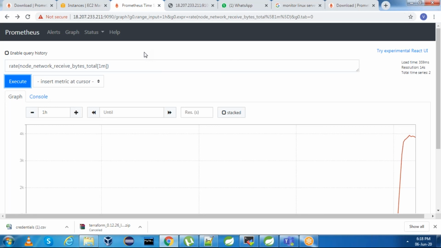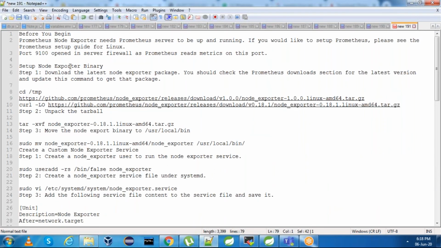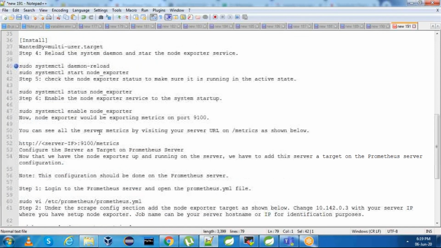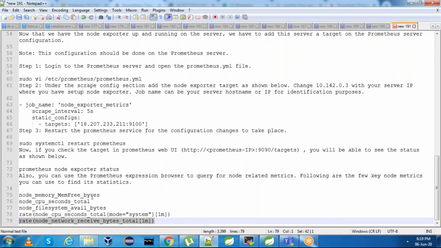In this video, we have seen how to configure node exporter as a service, and then configured it as a target for Prometheus by changing the configuration file. Then we restarted and were able to see the target, and we monitored a couple of statistics like memory free bytes, CPU seconds total, and file system available bytes in the Prometheus web UI itself.